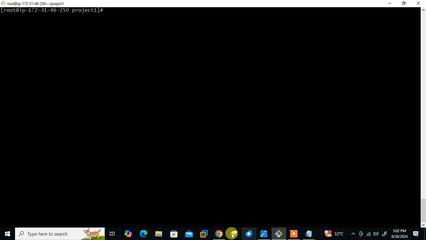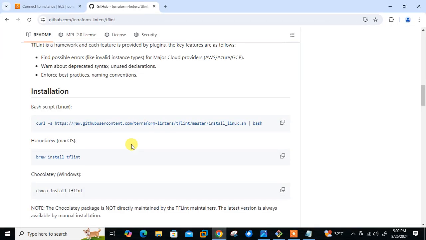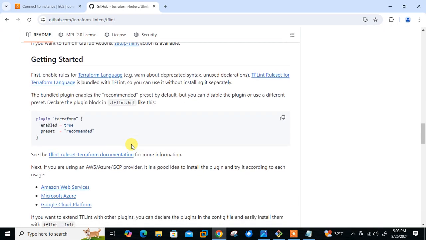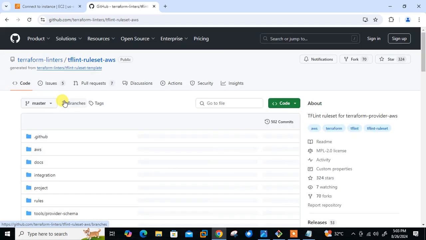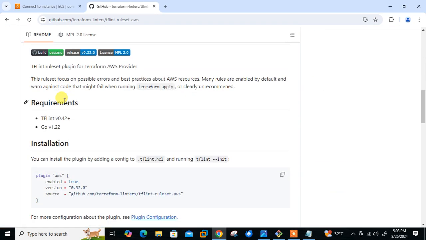So how do we get the code? Again, go back to the same repository. If you scroll down, from here you have to select the provider. You can go with Amazon, Azure or Google. I'll go with Amazon Cloud, and again scroll down. You can install the plugin by adding this into the .tflint.hcl file, and then we have to run tflint